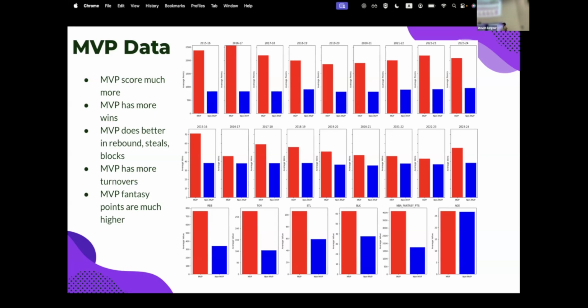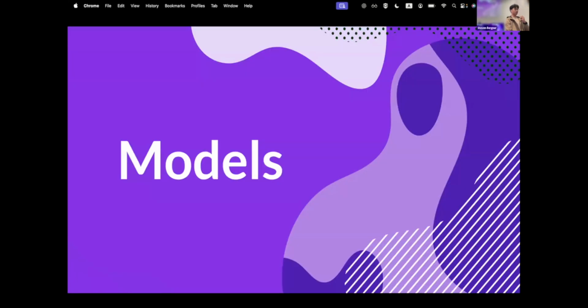MVPs also tend to have more wins, blocks, steals, turnovers, and rebounds, which is very interesting. In terms of age, MVPs don't have any difference versus non-MVPs. Then we dive into the models.